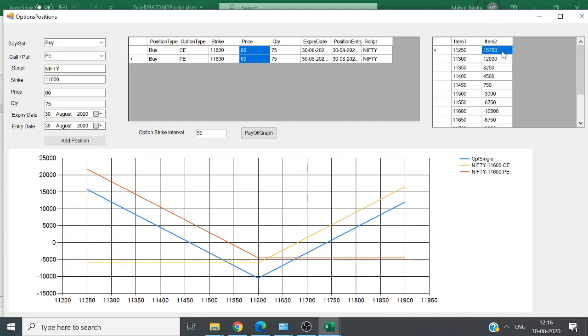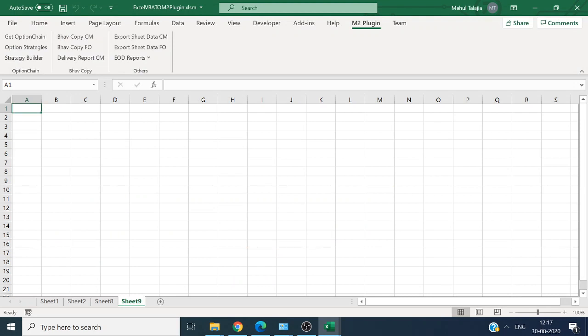Okay, and in the table also you can see the same graph. Your profit starts at 11,400, and on the other side your profit starts at 11,750. Okay, and your max profit is 12,000 here and 15,750 on this side, because it is taking more strikes. So if you count more strikes on this side, suppose you are expecting Nifty to reach 12,000, then your profit will be 15,000 on this side, with your very limited capital. So that's it. This is one.